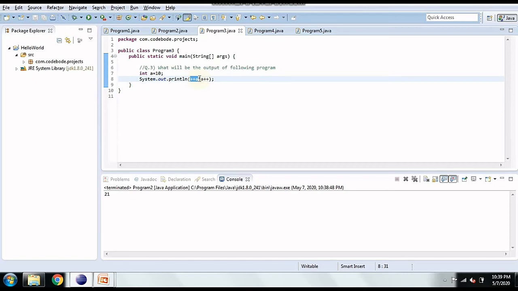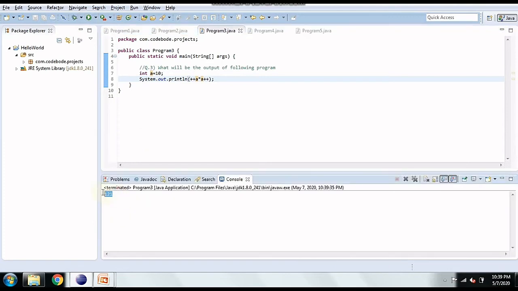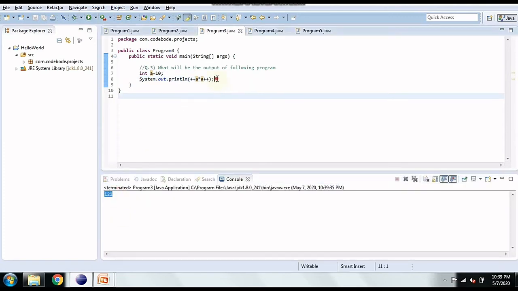Since it is pre-increment, it will be incremented to 11 first. Now here, since this is post-increment, it is going to be evaluated after printing. So it is going to be 11 into 11 itself. The value of a has changed to 11. So the answer is going to be 121. Here the output is 121. And now the value of a has changed to 12.